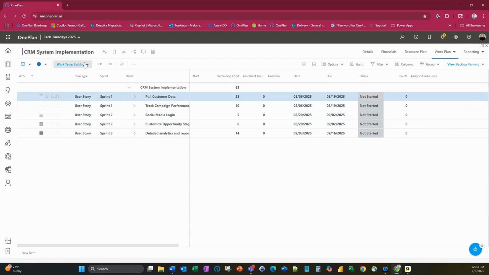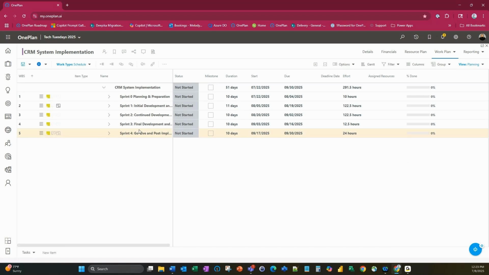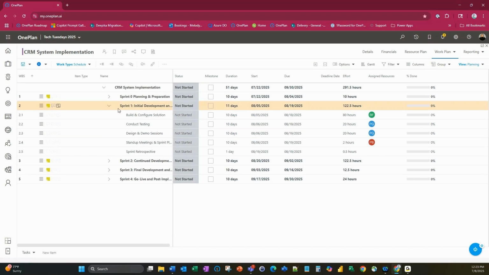And so let's go back to our schedule. We can look at our sprint one here, and we can see that we have 122.5 hours available for this sprint. So we're kind of low. That means, okay, now we can pull in a lot more stories. Maybe we can take those stories that are in the backlog that are actually designated for sprint two and pull them into sprint one, and make sure that we have the appropriate hours to be working in.